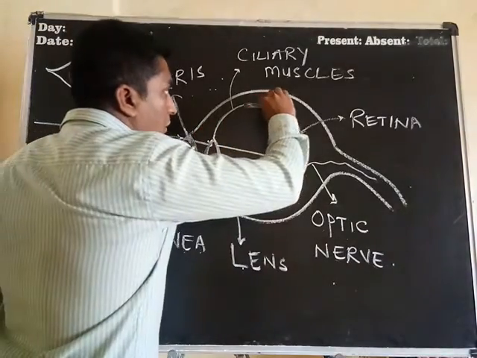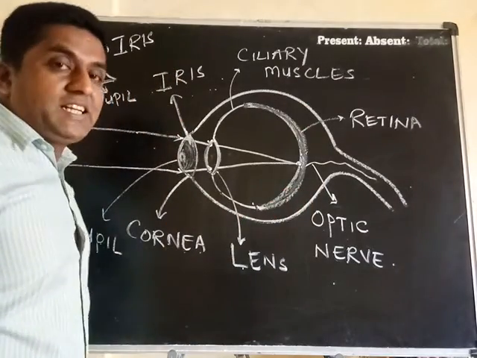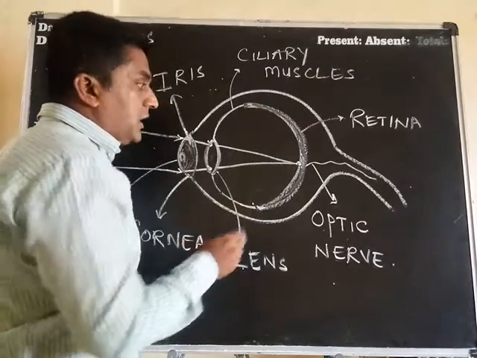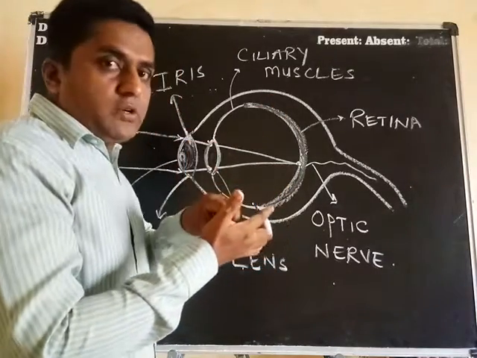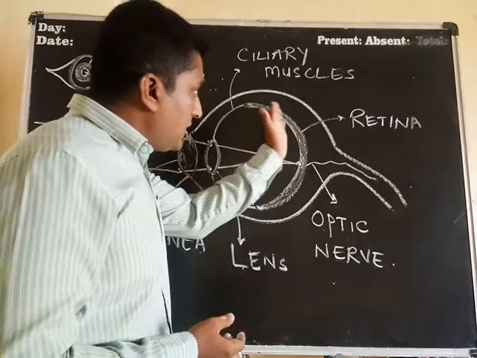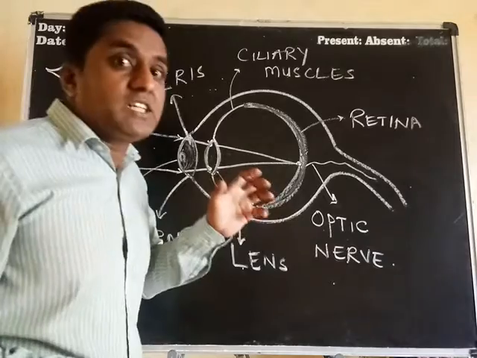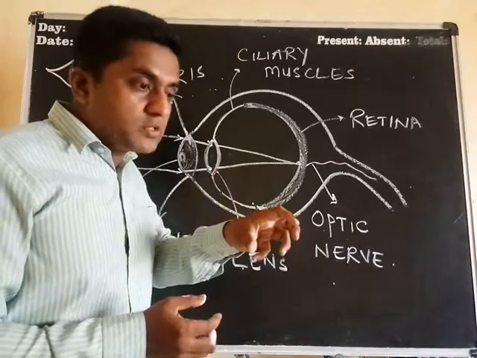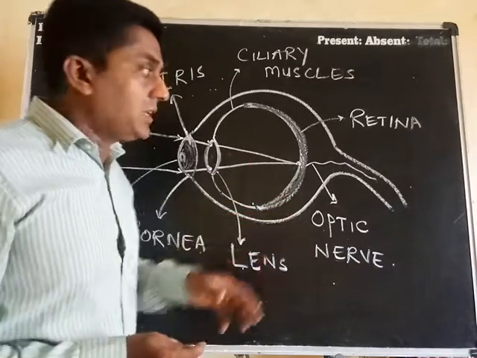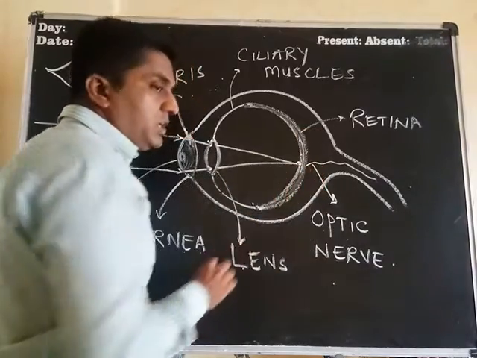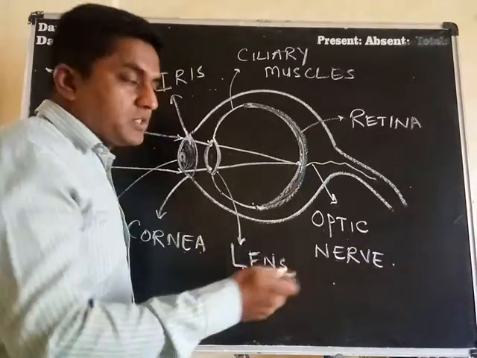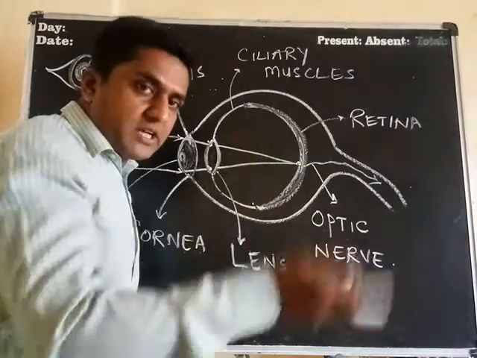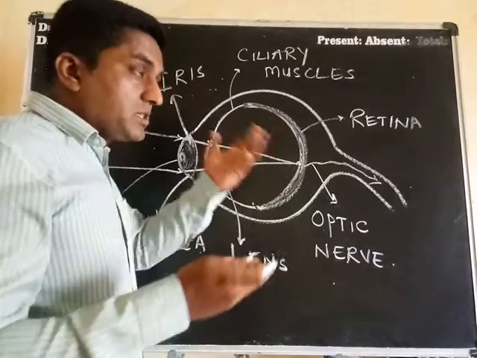Now this is your retina. What is your retina? The retina is a light sensitive screen present here, made up of light sensitive cells. When light falls on it, the cells in the retina get active, and after that it converts this light into electrical signals, and these electrical signals are sent with the help of the optic nerve towards the brain, and the brain detects and analyzes it.